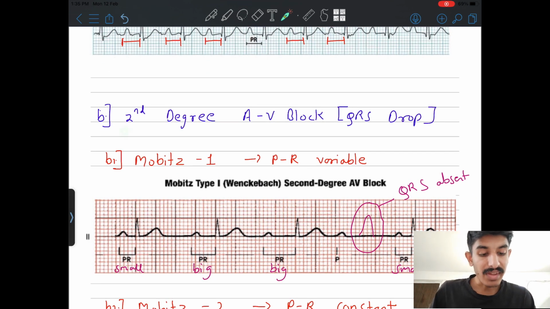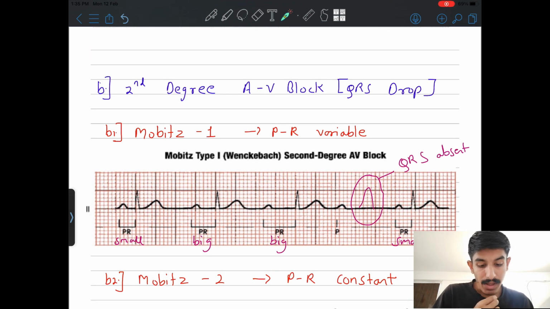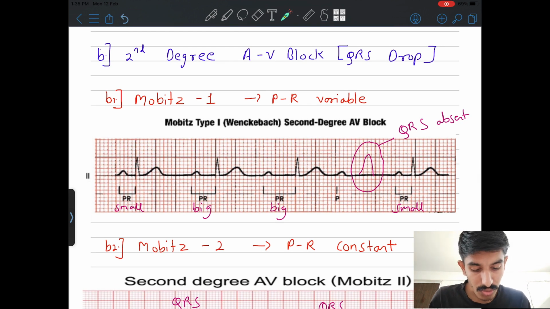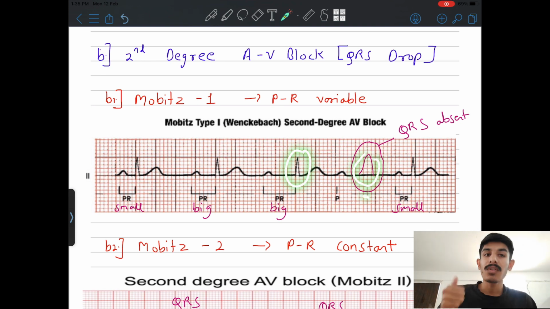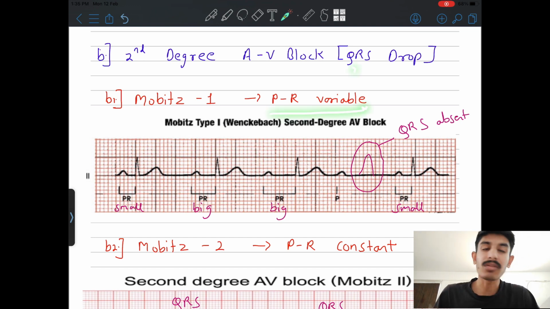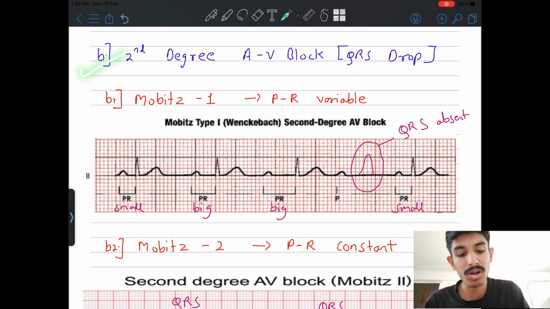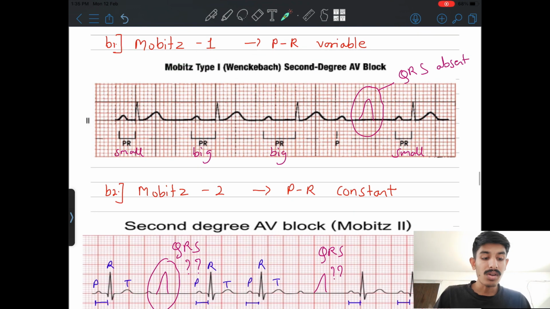Second, it is second degree heart block, where the QRS complex is dropped, and it is the first type, Mobitz 1. As you can see here, the PR is a small distance, it is okay, short, again here long, more long, again short, and as you can see here the QRS is absent. It must be present here, it must also be present here, but it is dropped. So first we rule out that the QRS is dropped and the PR interval is not the same everywhere. So the PR is variable and the QRS is also dropped. So what is it? It is second degree heart block. And in second degree, what is the subtype? The subtype is Mobitz 1.